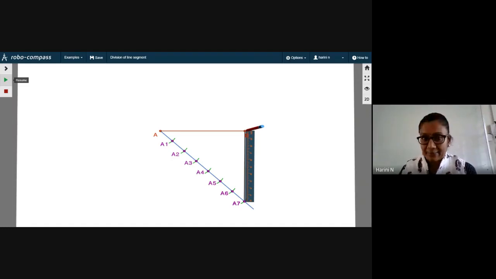Now the next step that we are going to do is we are going to copy this angle. Now which angle am I copying? Please note what I am showing here. You have an acute angle formed here, that is angle A7B. This acute angle is to be copied at A5. Why A5? Because I have to divide my segment as 5:2, that is 5 parts is to 2 parts. So the fifth part will be corresponding to A5. So I am going to copy this acute angle.